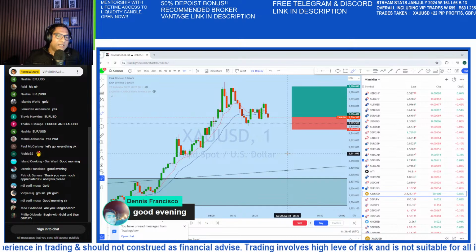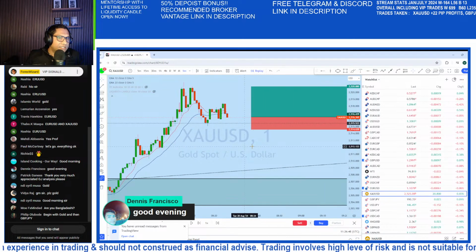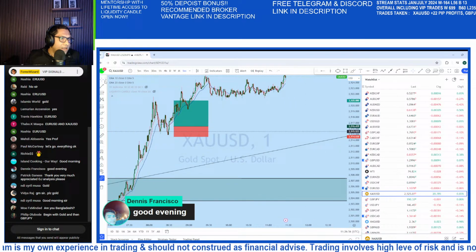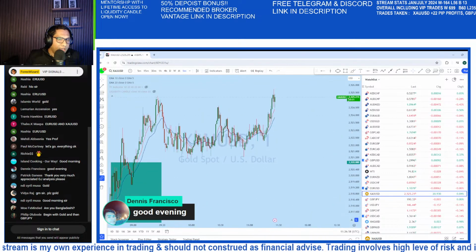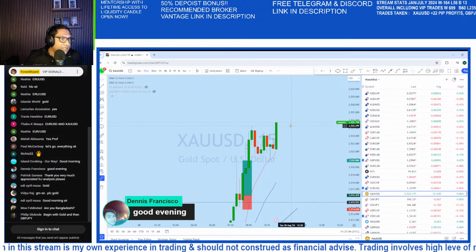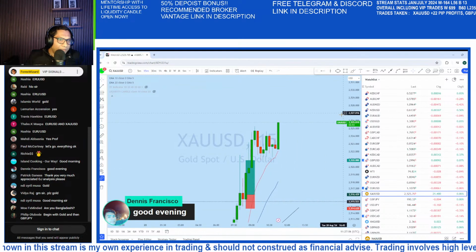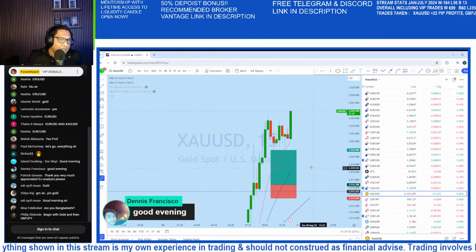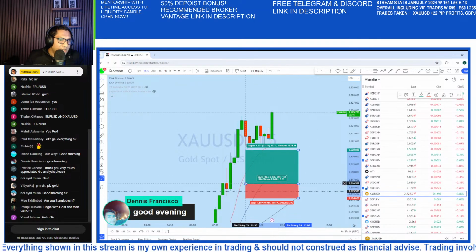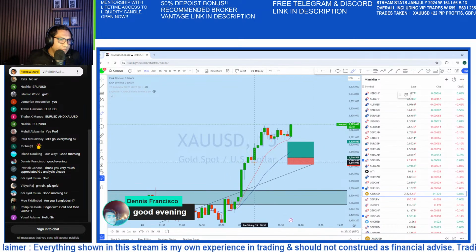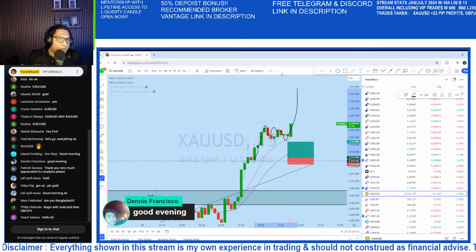Now, let's see. This is the gold chart, which is moving in the direction that we can see. At the moment, gold is heading in that direction. This is the 15-minute chart, and after that the market is still bouncing back to the upside with strong momentum. And here, this is a bounce, consolidation, and a complete breakout.